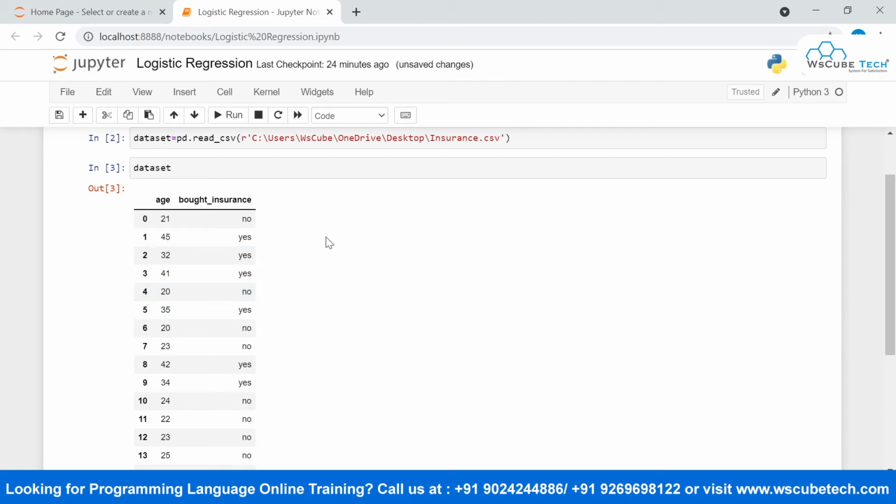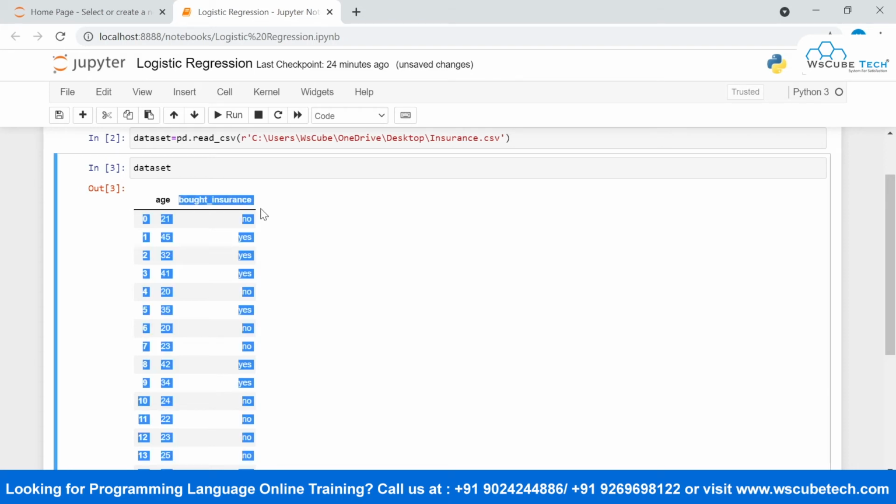Now, as you can see, the output variable, this target variable, is a categorical column. That is, it is in the form of a string, either yes or no. So first we need to set this target column, bought insurance, into the binary format, that is 0 and 1.